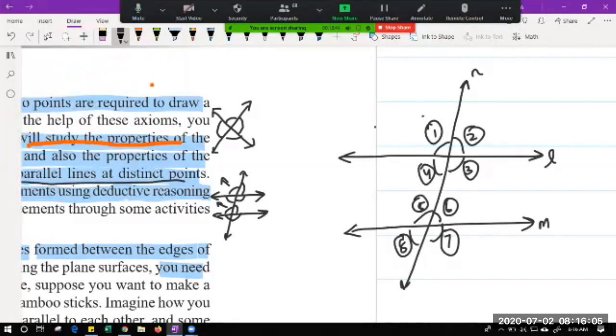Okay, let's see now. I said we are discussing alternate interior angles. They need to be alternate. What do you mean by alternate? There should be a gap of one angle. Then they should be interior. They should not be exterior. So you can see in this figure, interior angles are 4, 3, 6 and 5. That is for sure. There are only 4 interior angles in this figure. Out of these 4, which are forming alternate interior angles is the question.